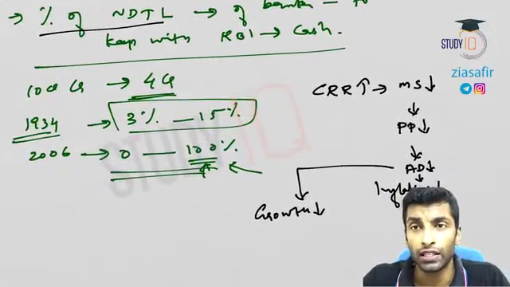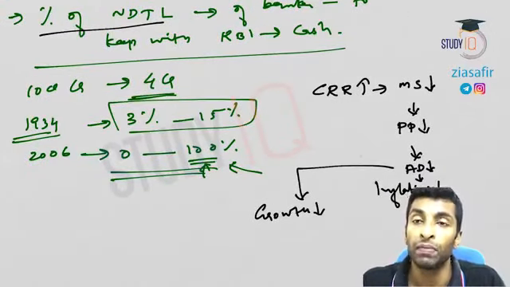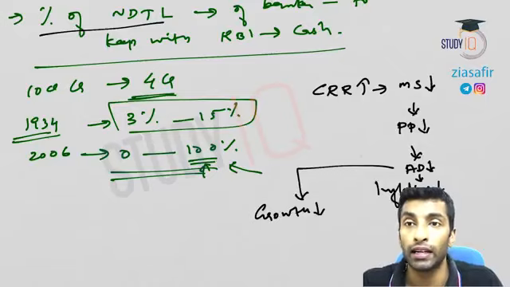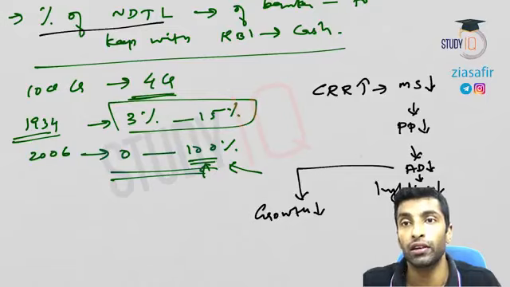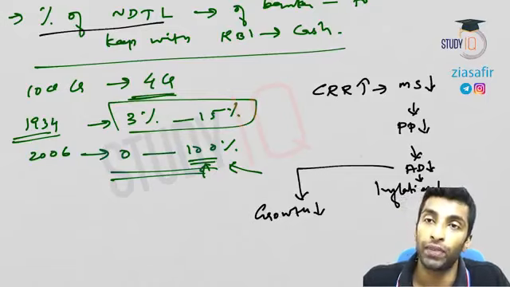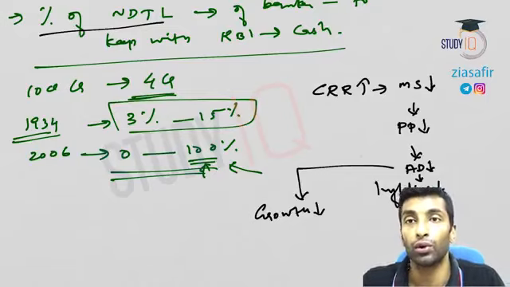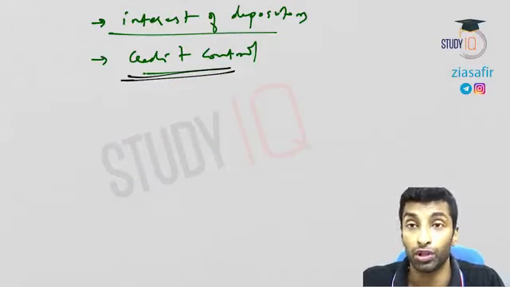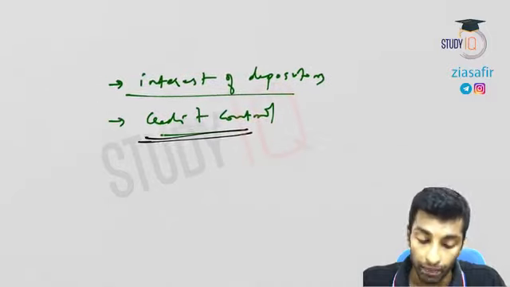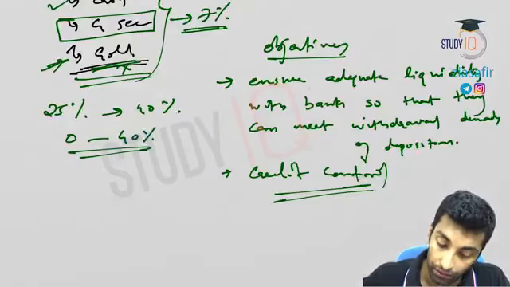Now if you need to boost the growth, CRR has to be reduced, so money supply will be increased, aggregate demand will increase, so growth will increase. But the problem is inflation will also increase. Both go hand in hand. So you cannot achieve both of them simultaneously. And then we have discussed